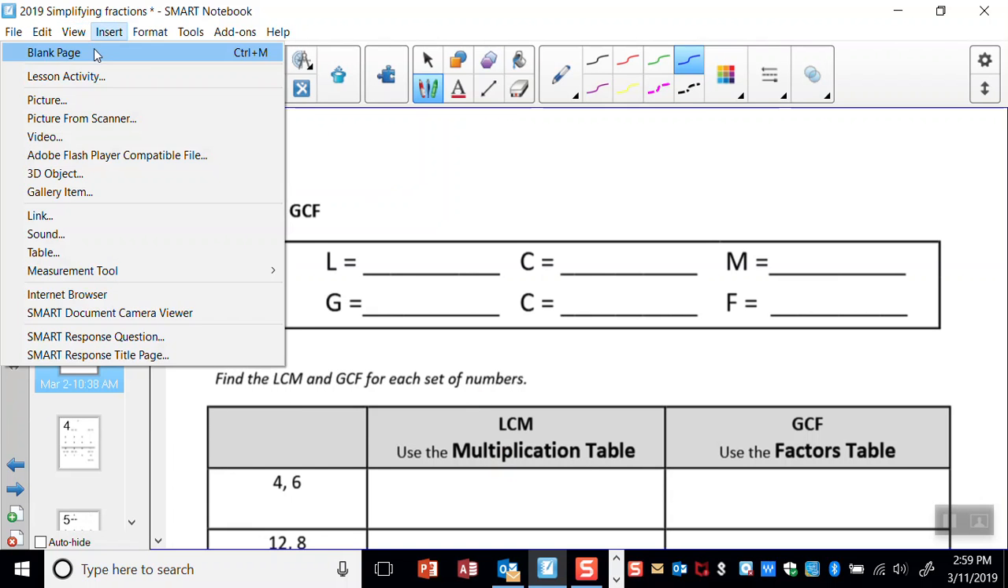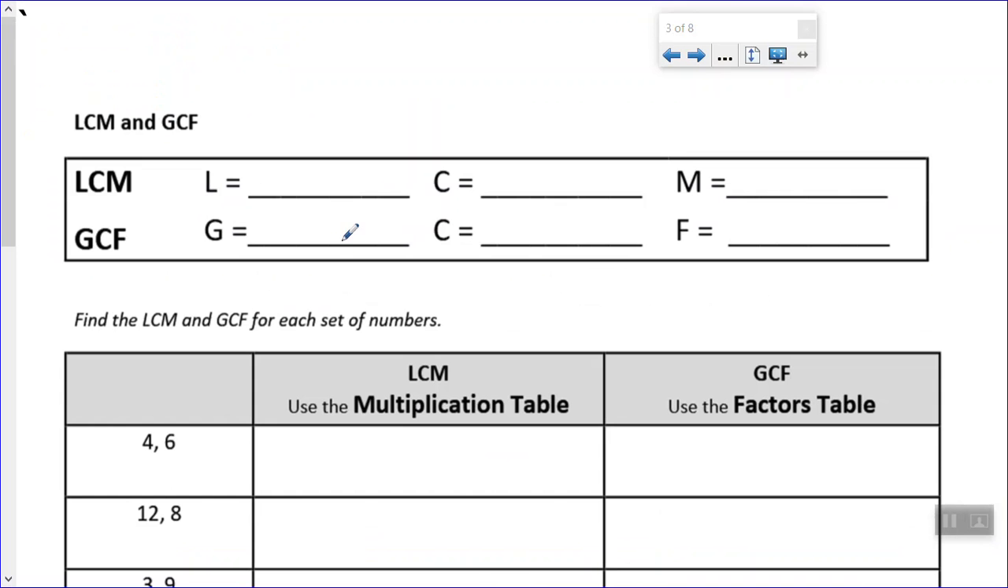Okay, in this video, we are gonna go over GCF and LCM. LCM, you will need it later when you add and subtract fractions. GCF, you need to know it to simplify fractions. So what does